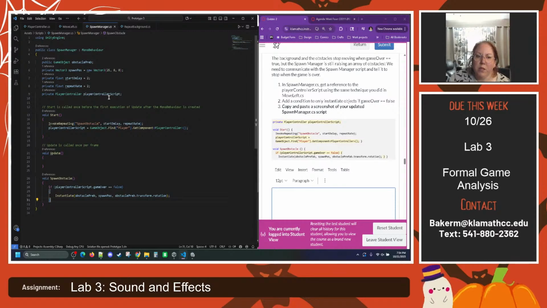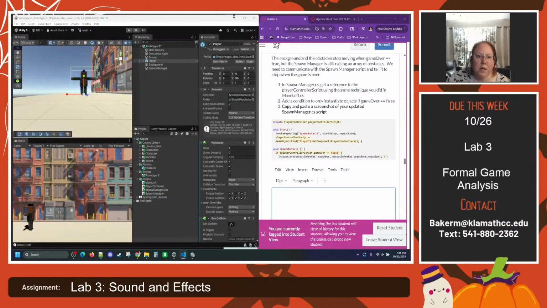Good programming means that you reuse stuff all the time. Because if it works in one spot, it should work in all spots. And if you had to write stuff over and over and over, you would never get anything done. So take a screenshot of this, your spawn manager script,